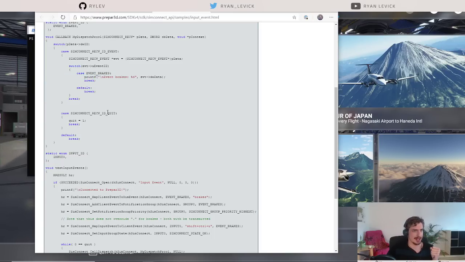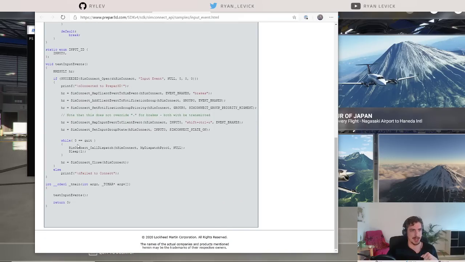And it also gets an event on quitting and mutates a global variable called quit here, which it's constantly looking at and saying, is it quitting? If it's in the quit state, then break out of it and then close the thing down. And that's it. So this is running as a separate executable, separate from the game, and basically hooking into the game as it's running. And so the hope for today is to be able to